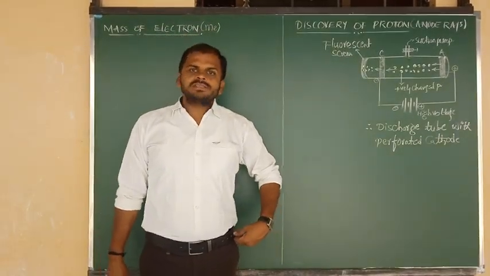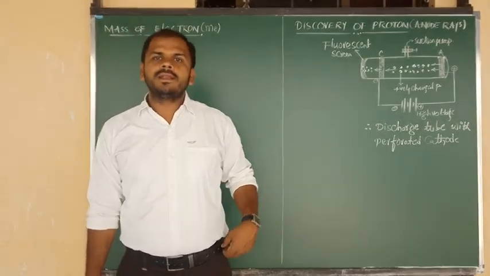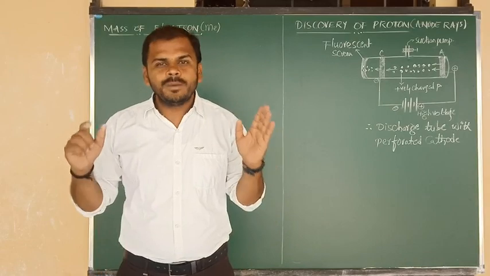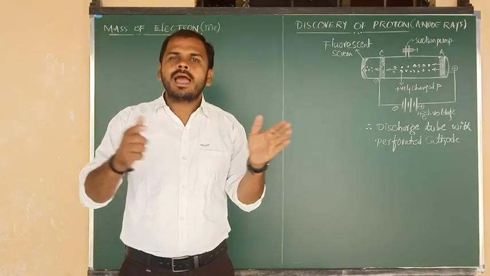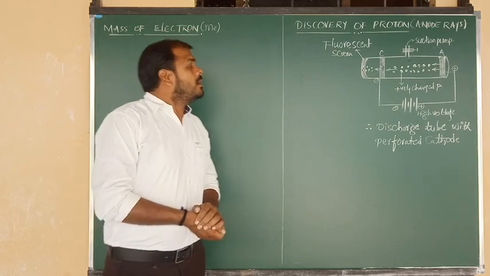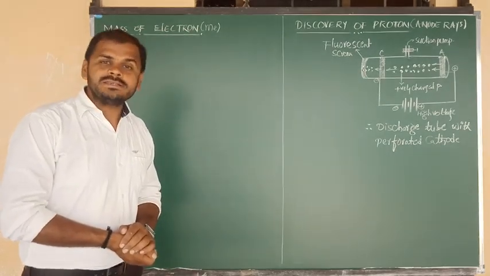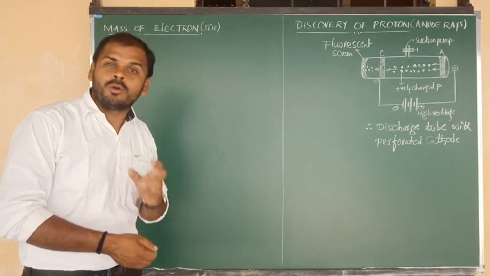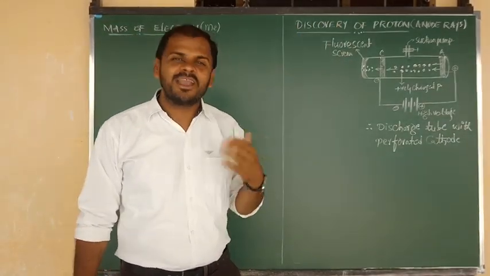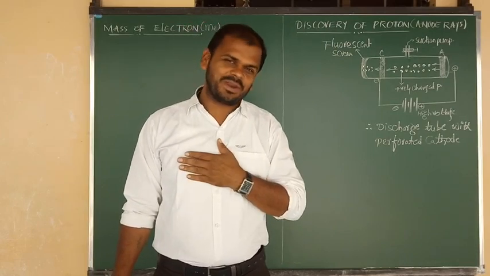So in the previous part we have seen clearly about the discovery of electrons by using the discharge tube experiment, or we can say the cathode ray glass tube experiment. Yes beta. And in today's class I am going to explain about the topics: one is discovery of proton and one more is discovery of neutron.